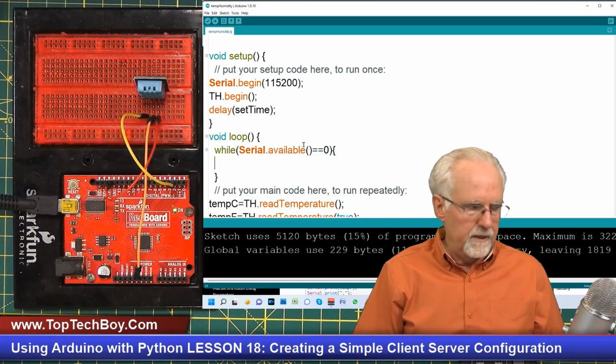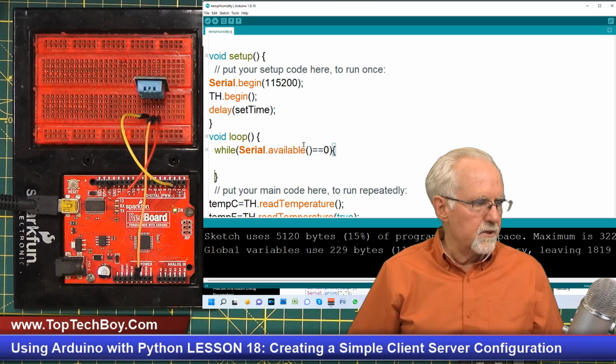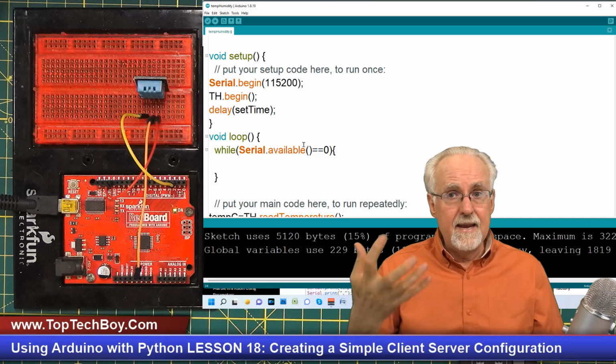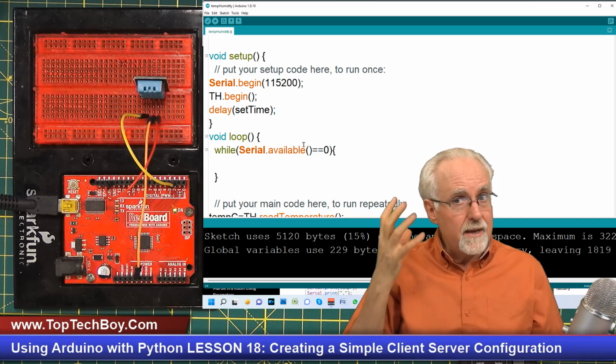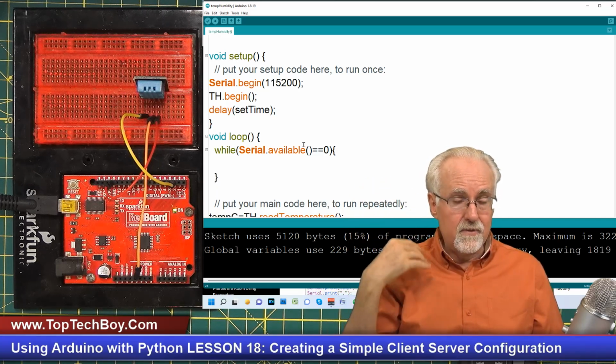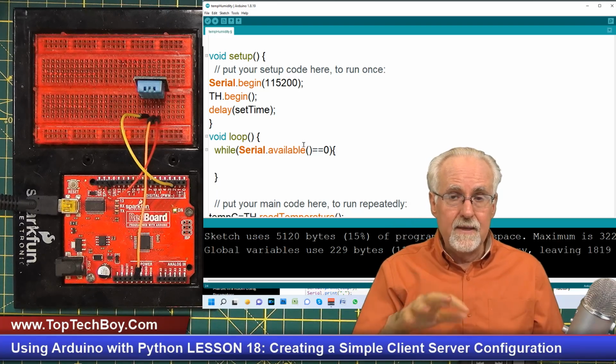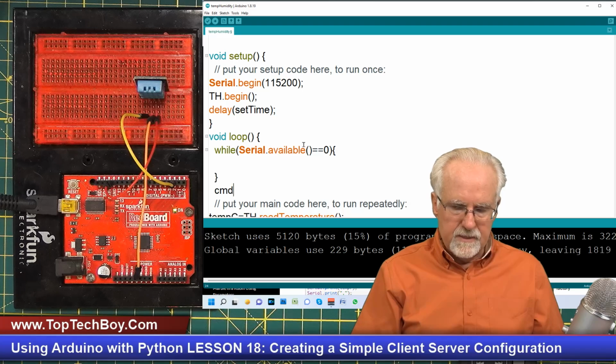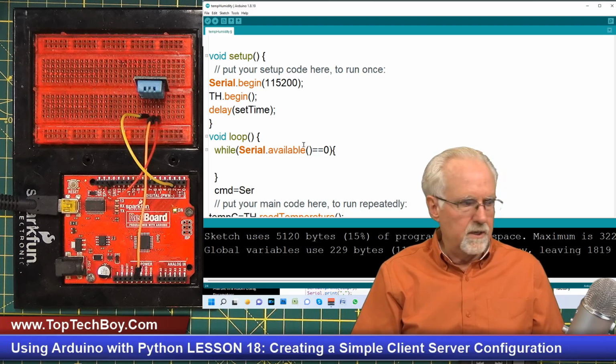I have an open and a close. That is an empty clause where I do absolutely nothing. Now a customer comes in and asks for something. What do I need to do? I need to take the order. I need to read the order. I need to read the command. And so I'm going to say my command cmd is equal to